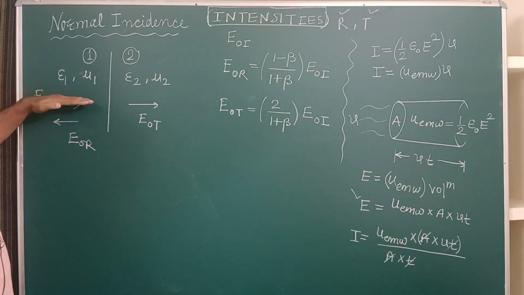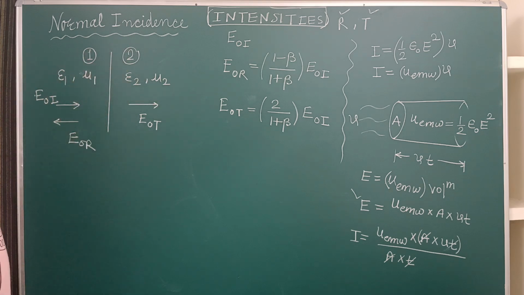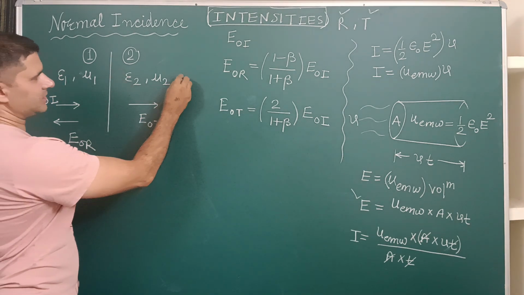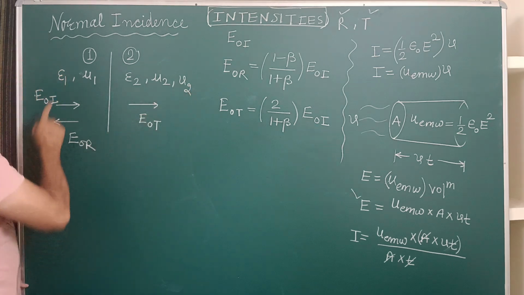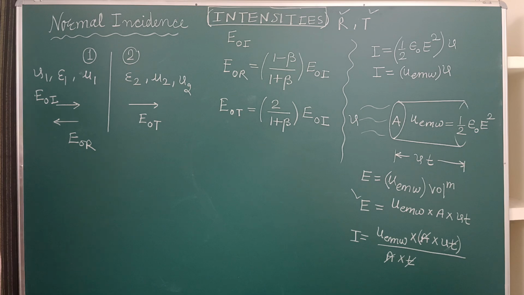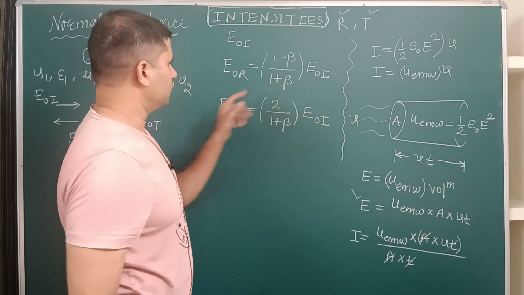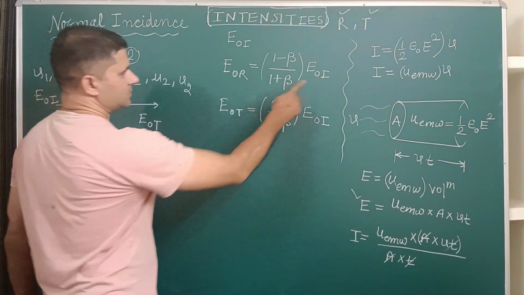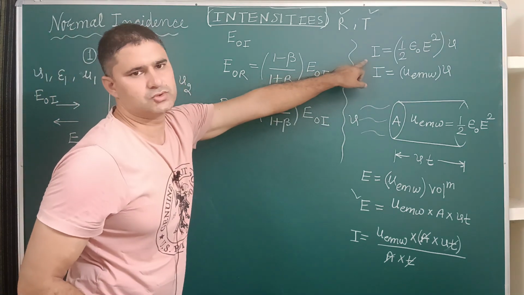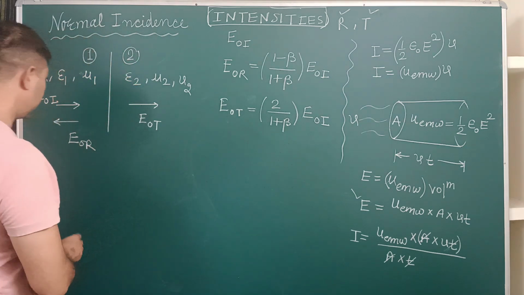तो अब मेरे पास यहाँ पे 3 वेव हैं. One is incident, another is reflected and then one is transmitted. So जो transmitted वाला सिग्नल है ये सेकेंड मीडियम में है, यहाँ पे वेलोसिटी मान लेते हैं v2 है, और जो पहला मीडियम है उसके अंदर वेलोसिटी हमने मान ली v1 है. ठीक है, तो अब आप अगर यहाँ पे इंटेंसिटी ऑफ रिफ्लेक्टेड सिग्नल, इंसिडेंट सिग्नल और ट्रांसमिटेड सिग्नल फाइंड आउट करते हैं तो इस रिलेशन का यूज करेंगे. सबसे पहले हम इंटेंसिटी फाइंड आउट कर लेते हैं. इंटेंसिटी ऑफ